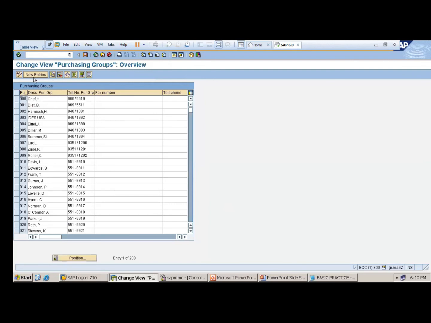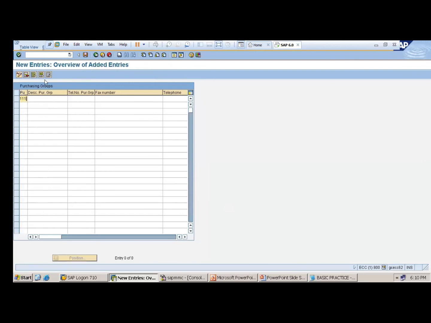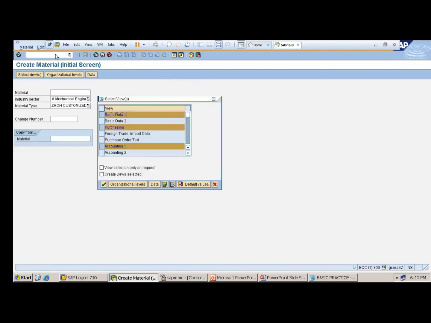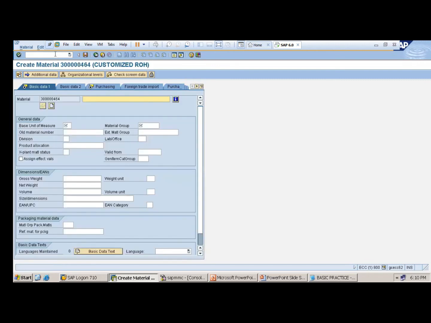Purchase group. New entry 111. Then number. It is there already. A12. A22. Enter. Save it. Let me check /n MM01. Enter. Enter. Enter. Enter. So test 33.